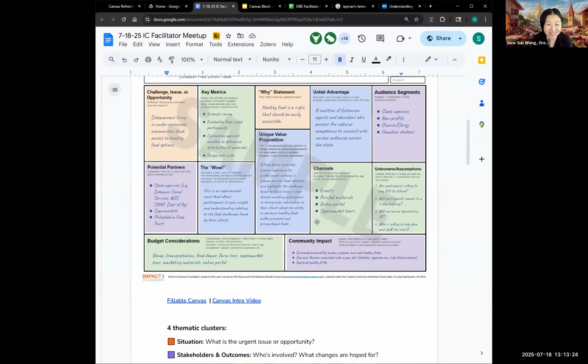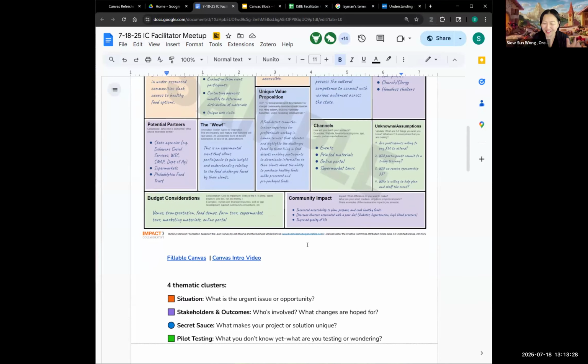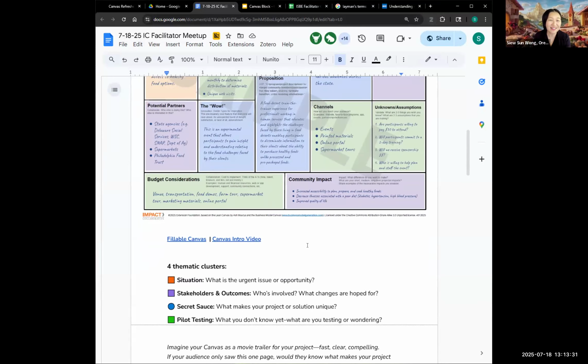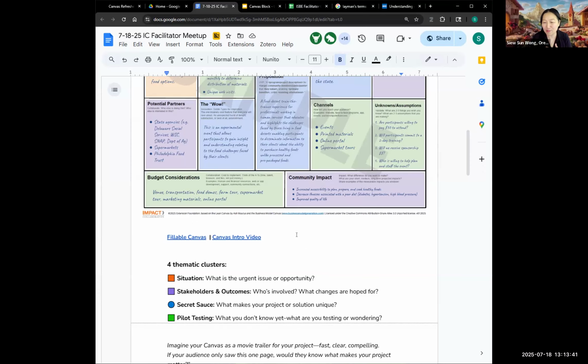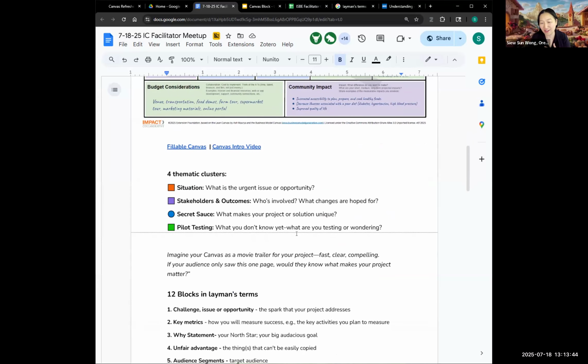What clusters do you see? Let's dissect that a little bit. As we look at the same material, sometimes it helps to see it from a fresh angle, a fresh lens. So think about four thematic clusters here.